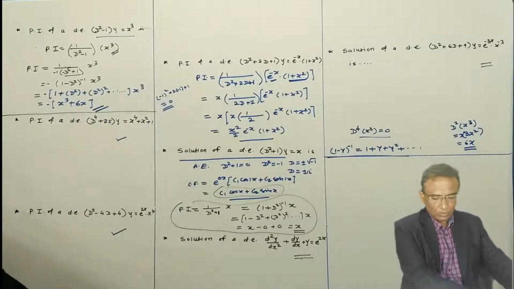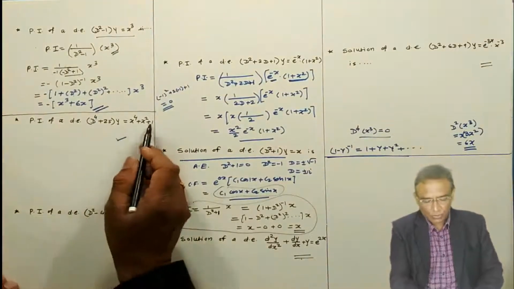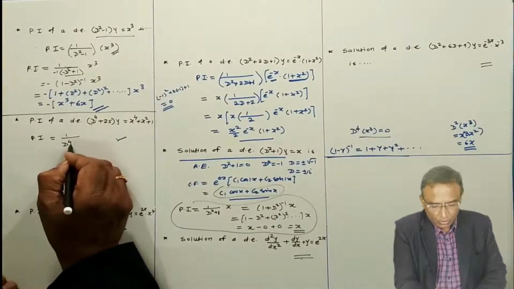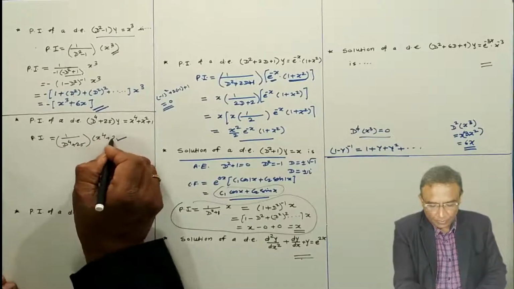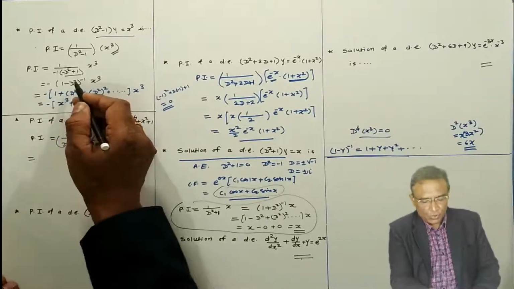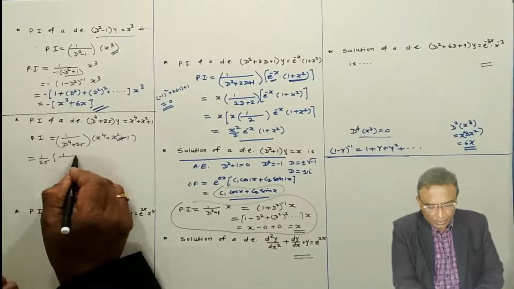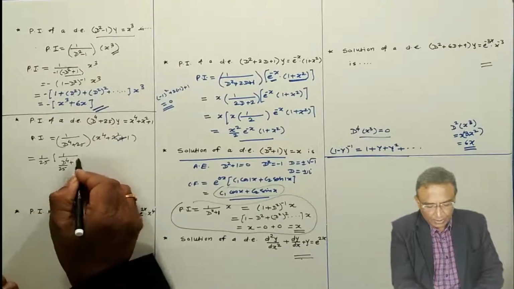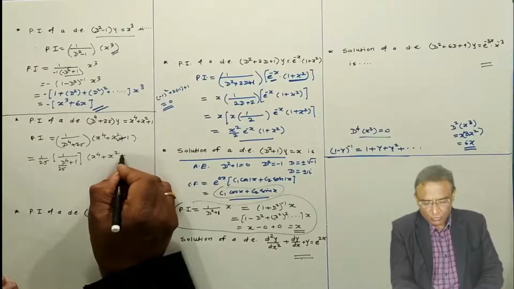Now, particular integral of 1 by (D raised to power 4 plus 25) x to the power 4, this one. Particular integral, operator on the right hand side. Okay. Now, as I told you in the previous problem, take the lowest degree term outside, meaning 25 I am taking outside, D raised to power 4 plus 25, I am taking common. The function is the same, x raised to 4 plus 1.